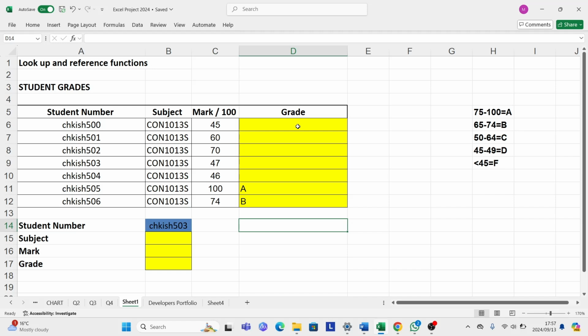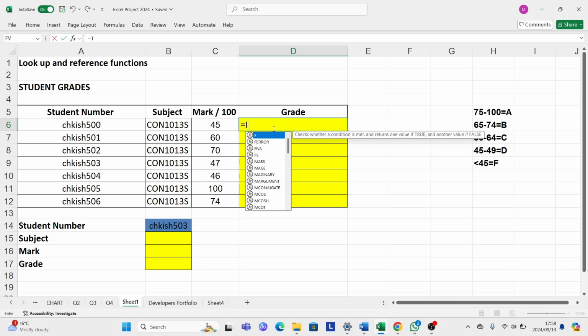How are you going to do that? It's going to take you a long time to grade those students. So how can you grade them? Using a function that will make things easy for you. So you can use the IFS function. You can just type equal IFS,